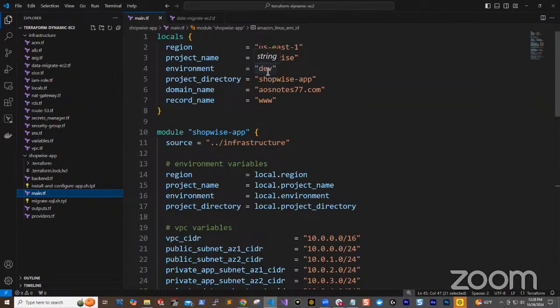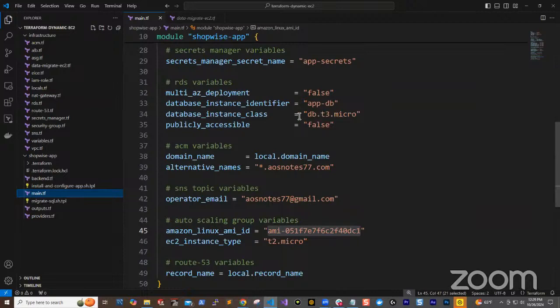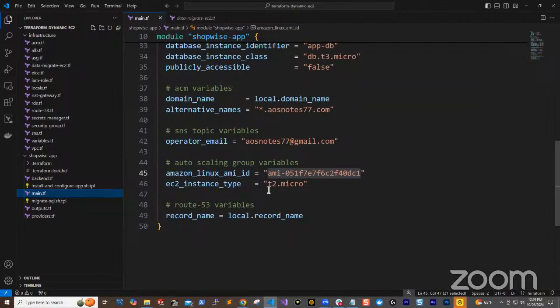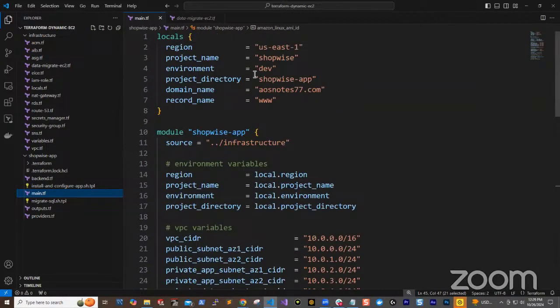So when you create the code for prod, you will just clone that branch for prod and update the values here, wherever it says dev, it will be prod. For the instance type, it might be DB T4 micro or whatever. The production instance type might be a higher instance type. You change all that stuff here. So when you now run your Terraform code, the main thing you have to do is,